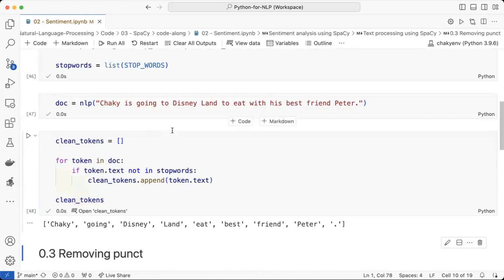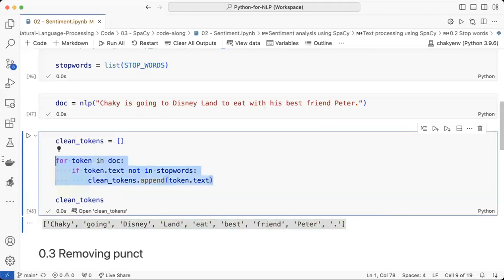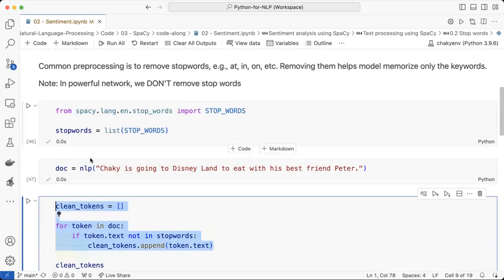Right, so you can see that a lot of stop words are being removed, like "is" and "to". This is very classic NLP, in which you remove stop words and then send this to a machine learning algorithm like support vector machines to predict. But in modern neural networks, you don't have to. You just send the whole thing, and the neural network will be able to figure out everything. But anyway, this kind of simple code will definitely be useful in your analysis and also in some